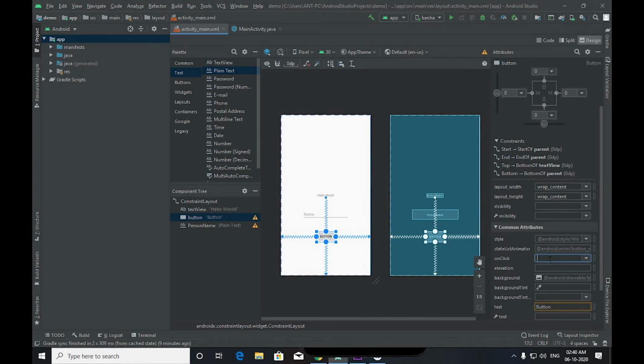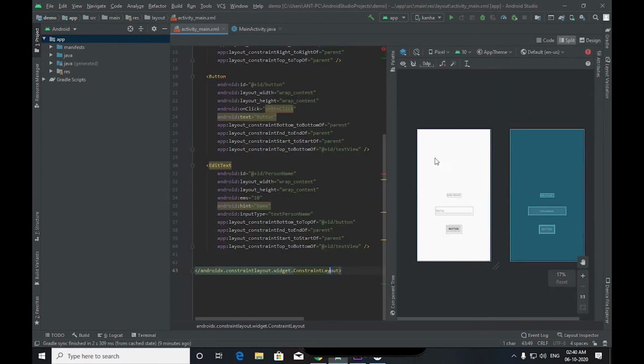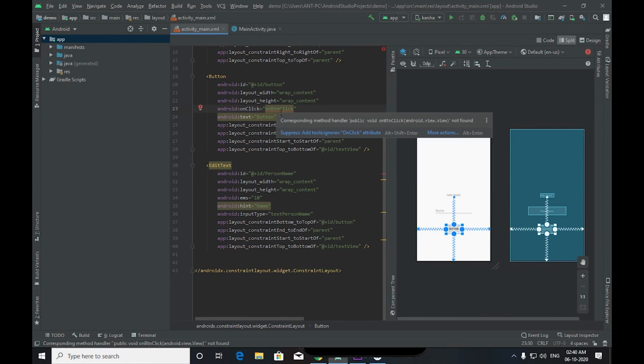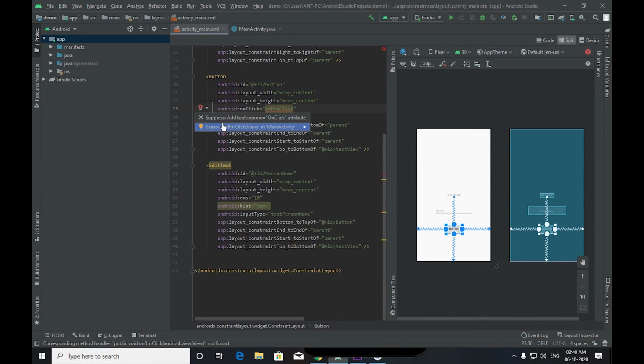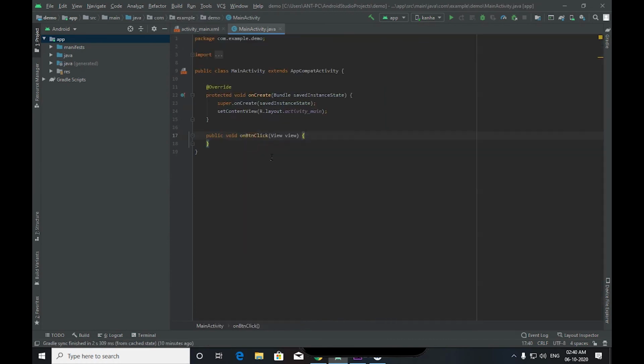So when we click on the button, what is going to show? For that we need to create our method first, a Java method. If you know about Java, it will be very easy for you. If you don't, it will be very hard for you. There is a method for activity main XML, that would be the onClick method. Just follow the steps. Right now we created a method.